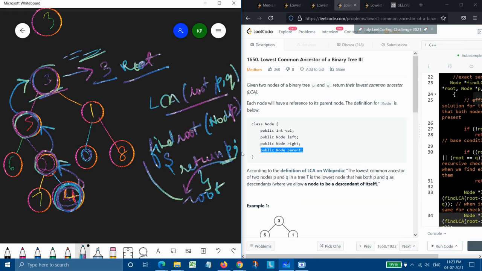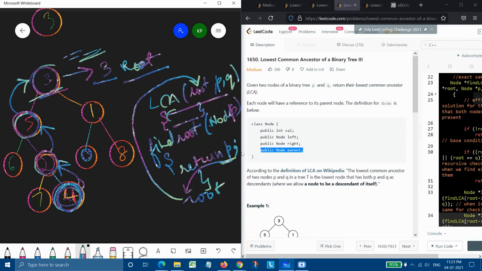And this root value could be filled in, and the whole LCA part which we were doing before could be done as it is. So this is what we need to do in this question.